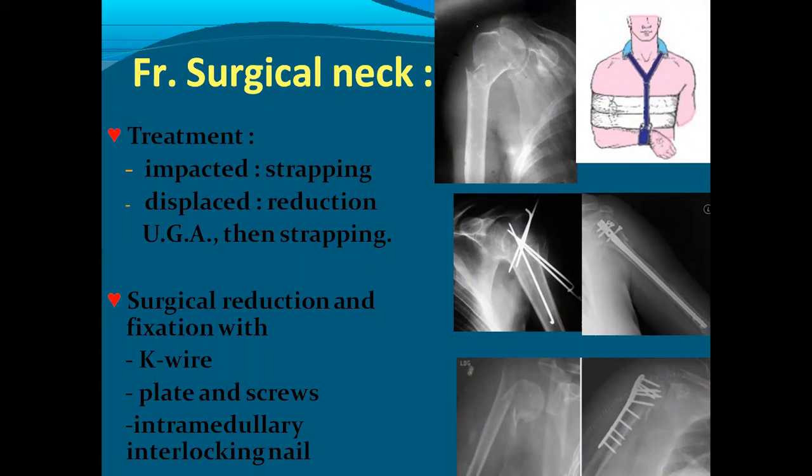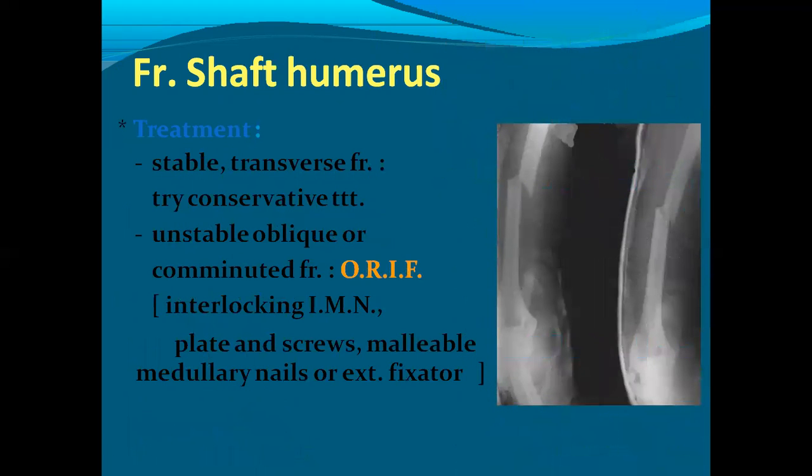So treatment is impacted strapping. Impacted strapping is tight strapping around the thorax, and reduction is also done in case of improper alignment of the fracture. Surgical reduction with fixation with the help of K-wire, plate and screws, and an intramedullary interlocking nail is done when the fragments are separated. And for a fracture of the shaft of the humerus, the treatment is